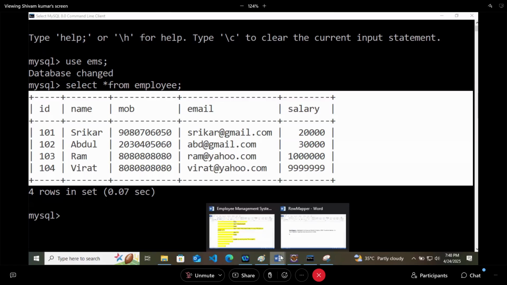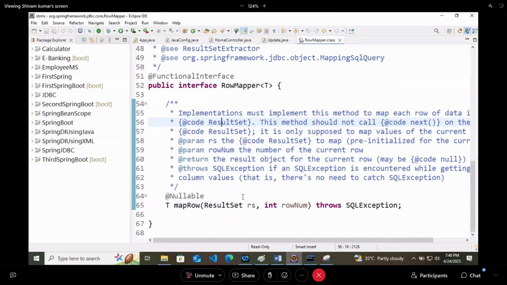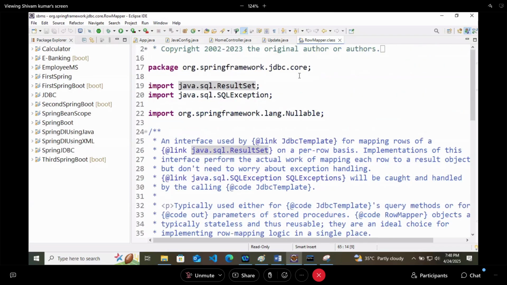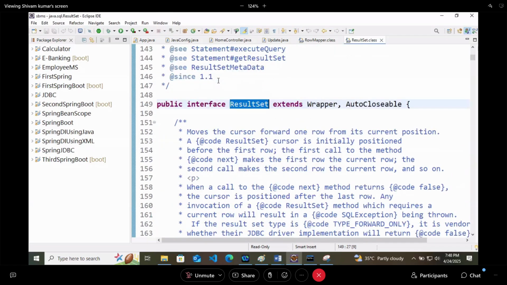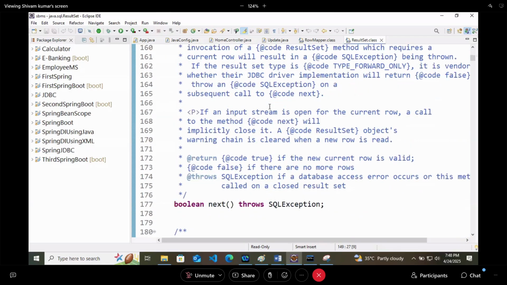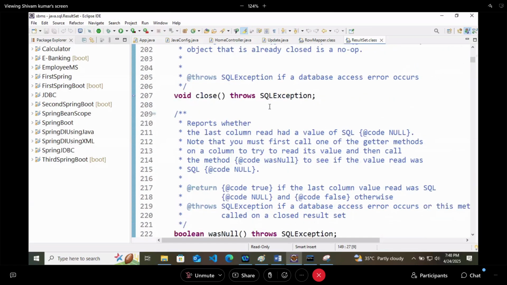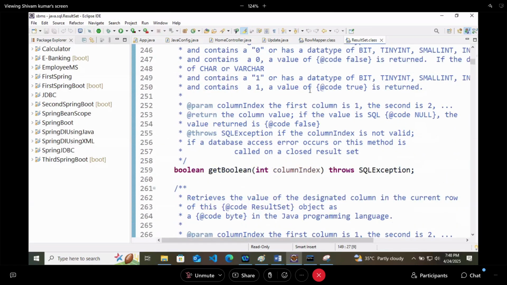This row mapper is also using result set internally. This result set is defined inside normal JDBC. This result set is a part of the java.sql package. This is also an interface, but you have to iterate it, and it has a lot of methods, right?